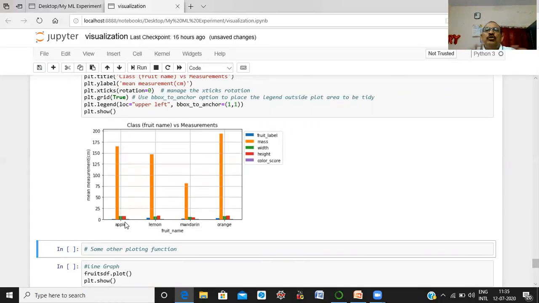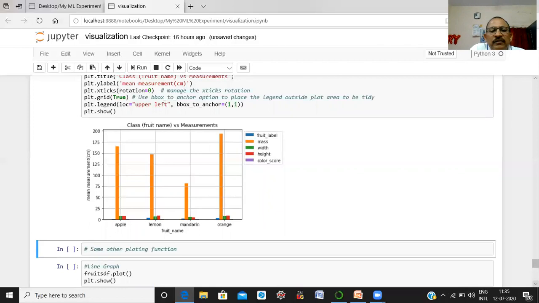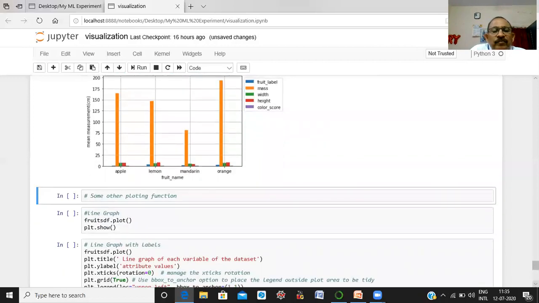So depending on your requirement, you can draw the graph to visualize our data. Let us use some other plotting functions. Here you can observe that we draw the graph directly on the data frames.